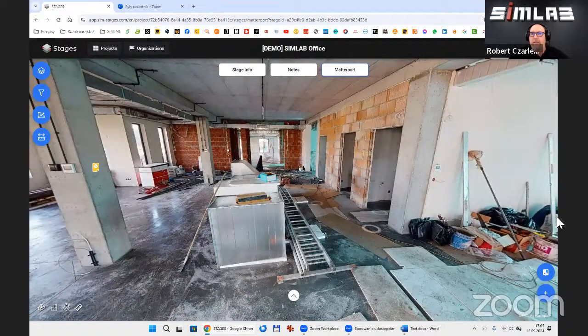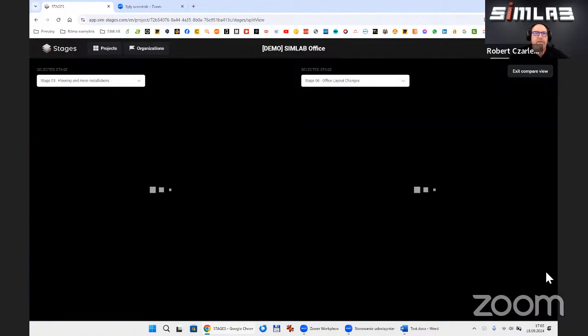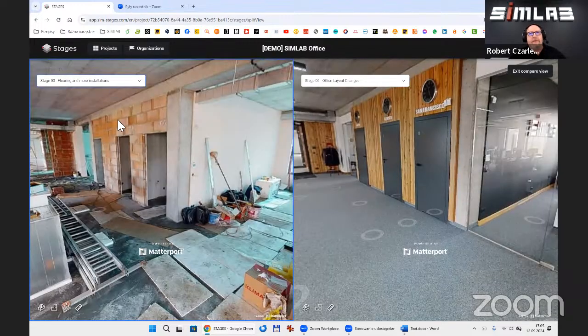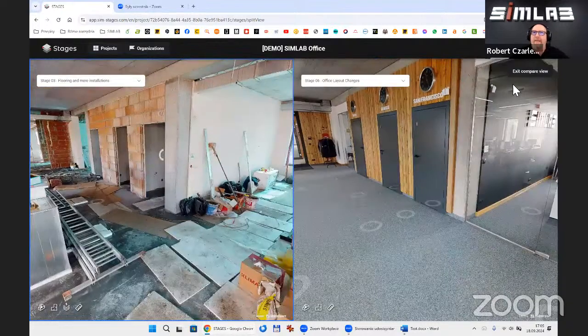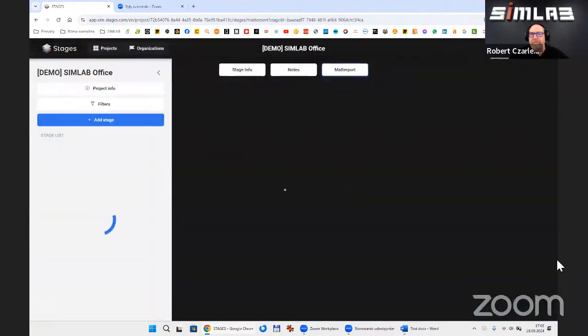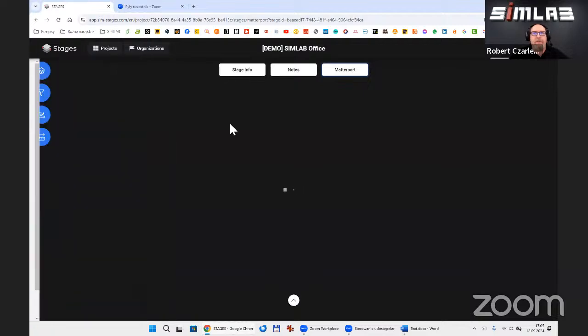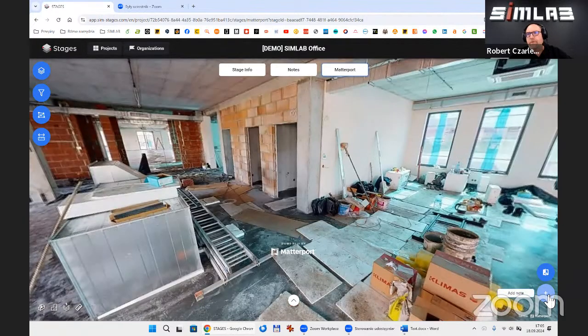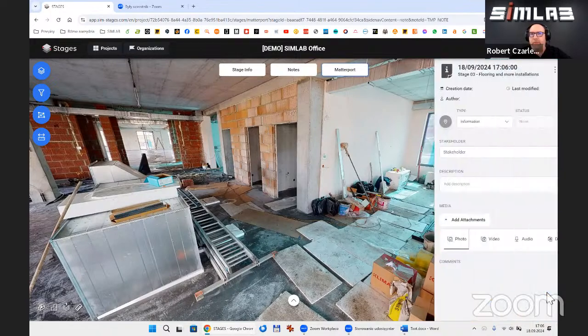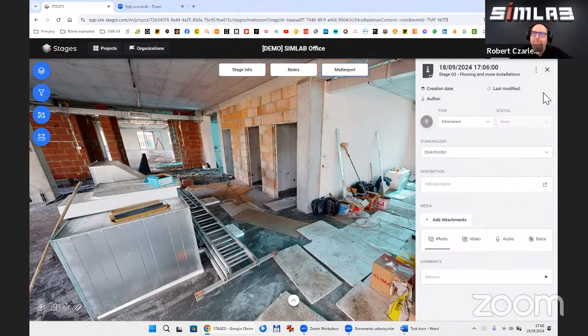Then we have a compare view button, which allows the user to easily compare the differences between stages in one view. And last but not least, our issue manager, or our tool for communication with the rest of the users involved in the project, I mean the annotations.